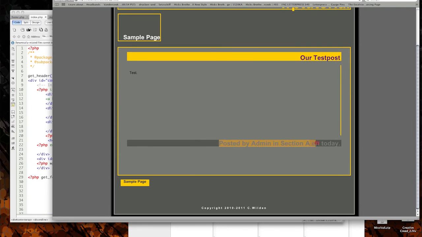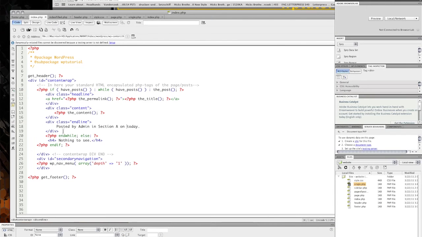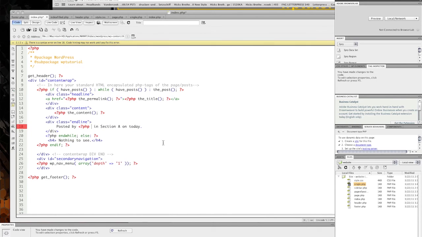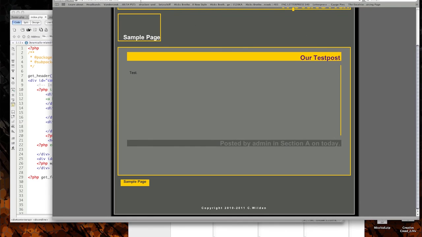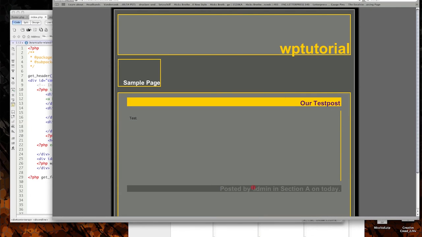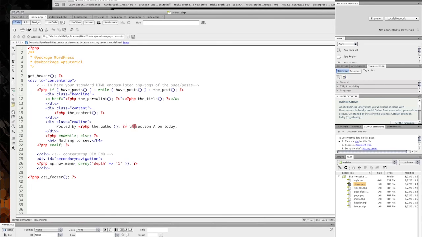The next thing we want to do is we want to take a look at this here, and well, this is static right now and doesn't help us, so we want to adjust this, and so then instead of having admin here, we want to go ahead and say PHP the author, and we want to save that, and we want to reload our page, and you see it has changed into admin with lowercase a,